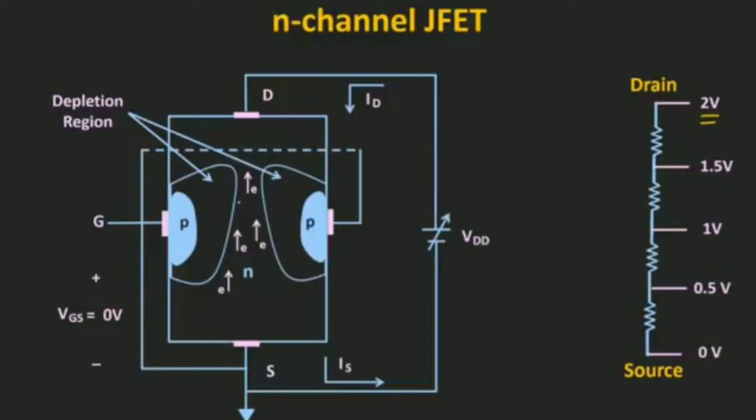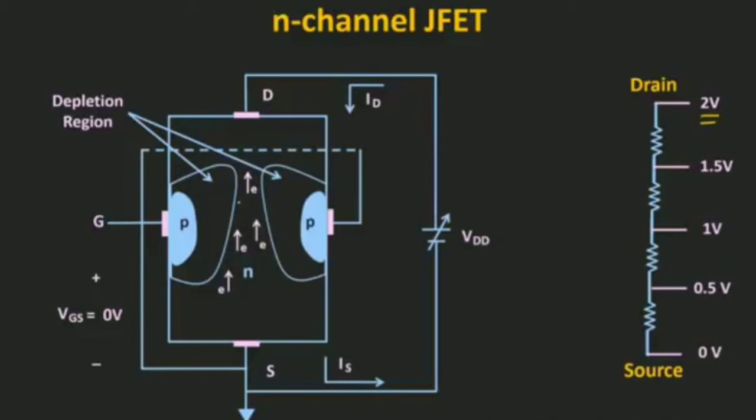Now considering VGS is equal to 0 and VDS is positive, let's see how this N-channel FET will work. Whenever VDS is positive, these two PN junctions will become reverse biased, and due to this reverse bias connection, the width of the depletion region will increase. If you notice, the depletion region is wider at the top portion, whereas it is narrower at the bottom portion. First of all, let us understand the reason behind it. During the operation, this N-channel acts like a resistor, and let's assume uniform resistance throughout this N-channel.